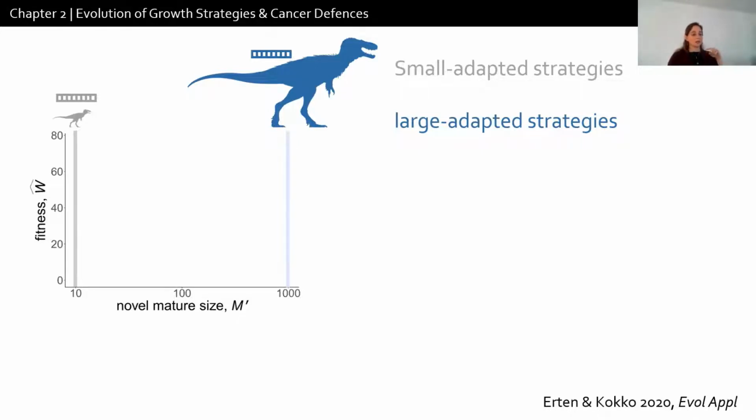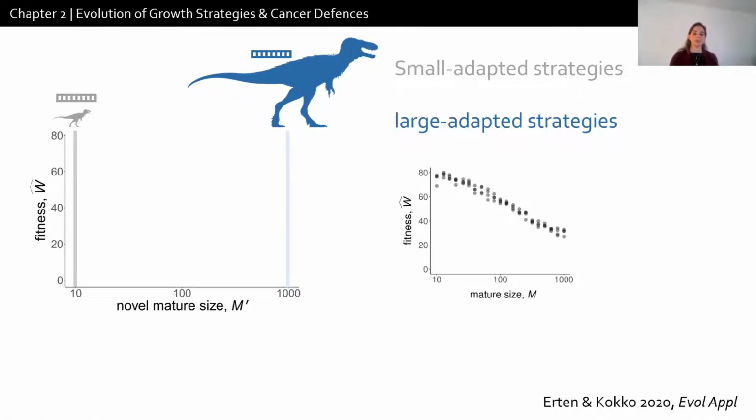So the gray dots will be the cases where we try to grow these sizes with small adapted strategy, as shown in here, whereas the blue one will be the cases where we try to grow these body sizes with large adapted strategies. So in the y-axis, I have this measure called fitness, and this is something we use to optimize in the genetic algorithm, but I'm not going to introduce the details of how this was calculated.